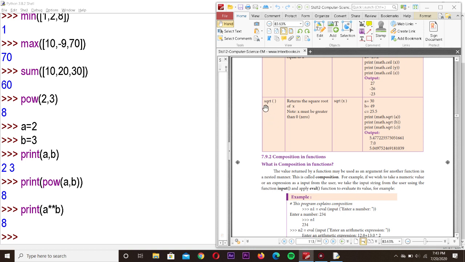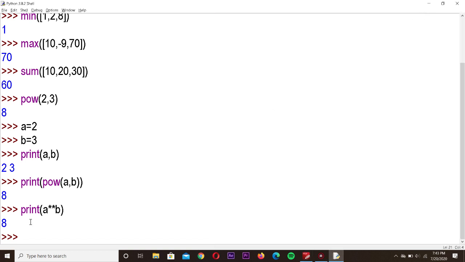Next one is the square root, sqrt. This is used for getting the square root of a number. Okay. So when you are using functions like floor, sqrt, we have to make use of the math module. So first we have to import that module. This function is defined under the math module, the math library. Otherwise it will show an error.